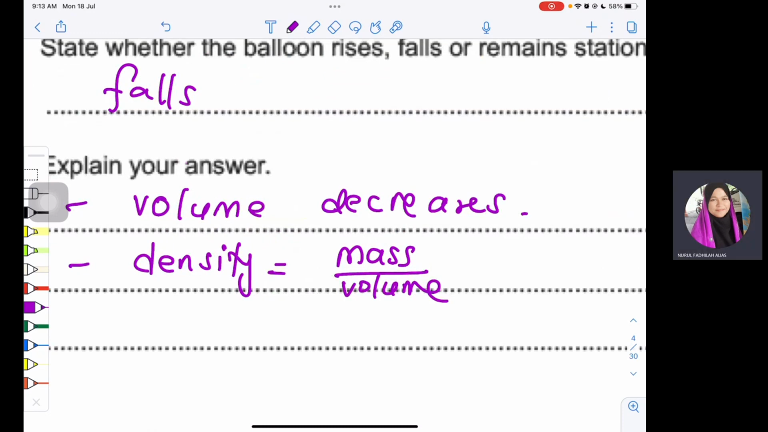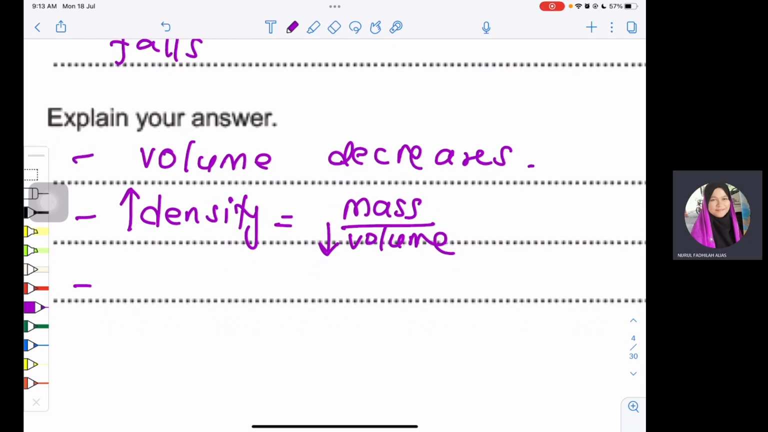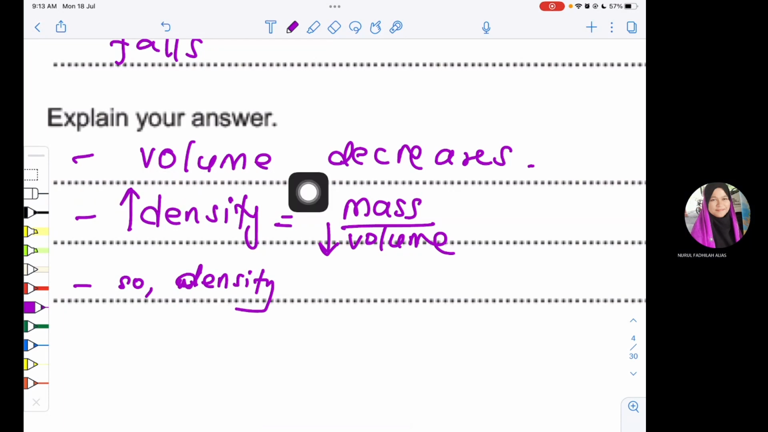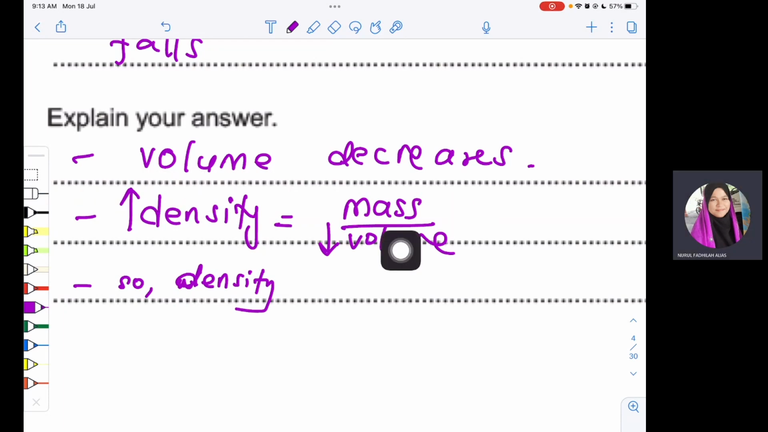Okay, and then lepas tu bila awak dah tengok this equation, what's the relationship between density and volume? Come on, what happened to the volume? Decreases. So density increases. So when density increases, so kat sini katakanlah. So when volume decreases, density, kita cakap dah, volume decreases. So when volume decreases, density